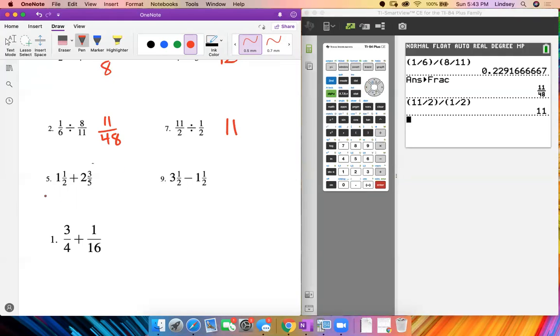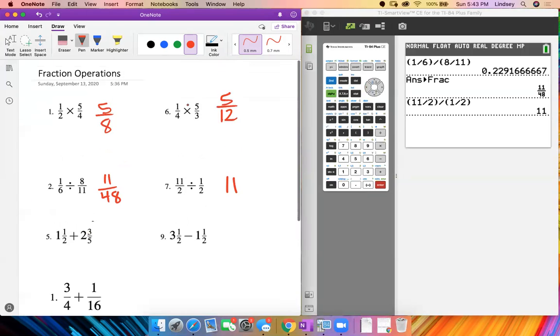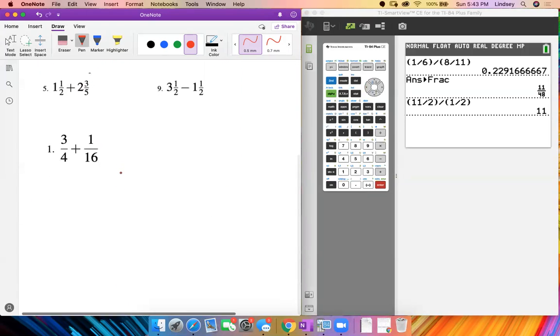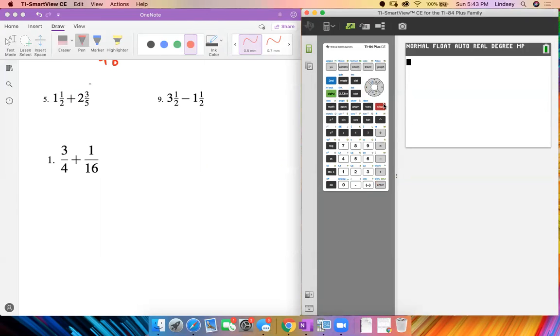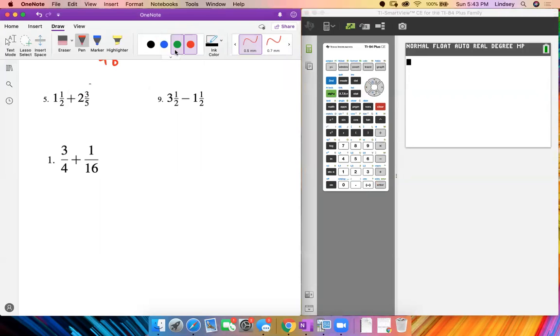All right, now number 5. Okay, please ignore the number order. I just copied these off worksheets online. All right, so then when you have a mixed number, let's remember how to do that. When you want to do a mixed number in your calculator, you're going to hit the green alpha button. So I'm going to make a little note of that on here. If you're taking little notes for this, you're going to hit alpha,